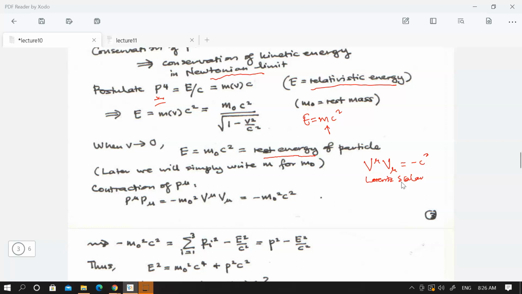Similarly, we can define this for your four momenta, given that you make the assumption that P mu equals m gamma,